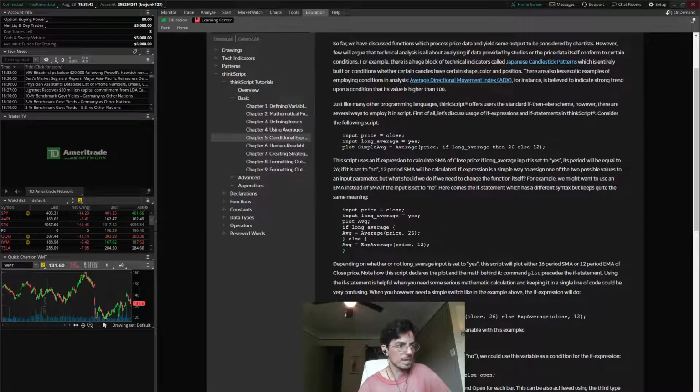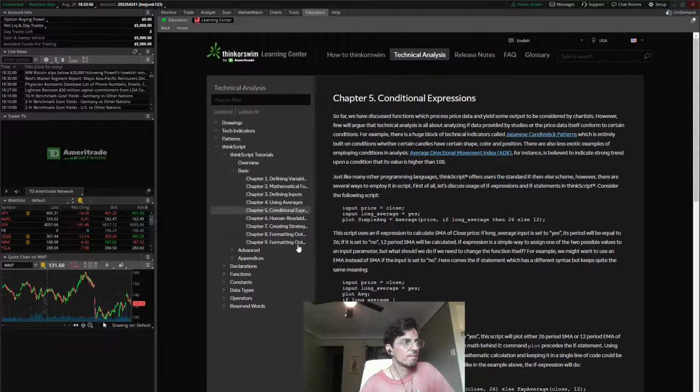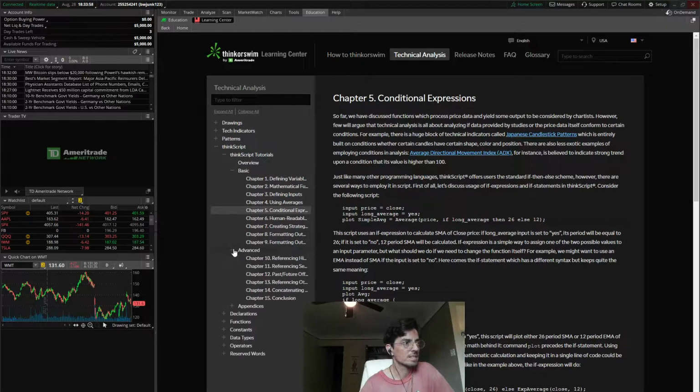Plot. So you can do if condition, then close, else open. I believe advanced, referencing past, future.